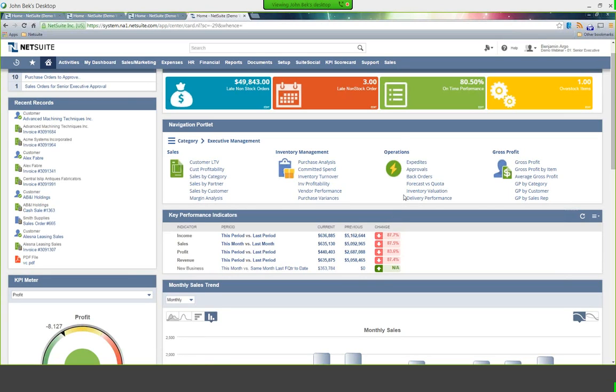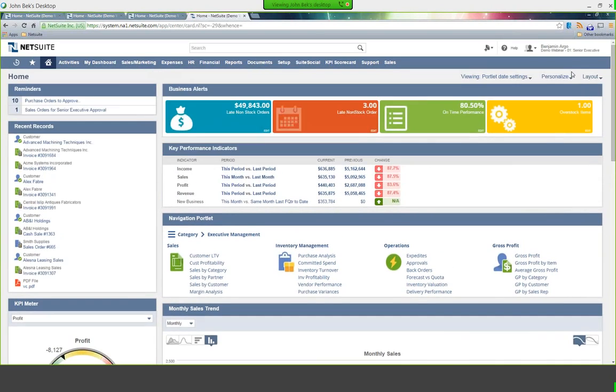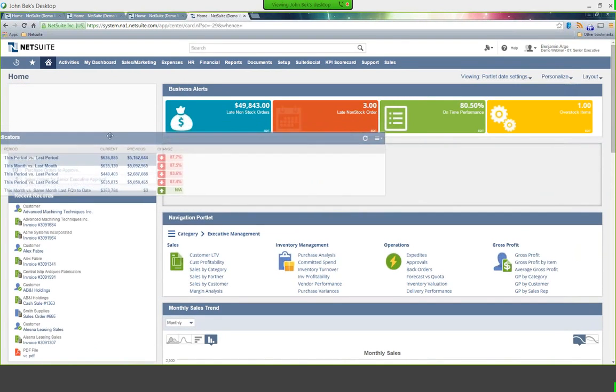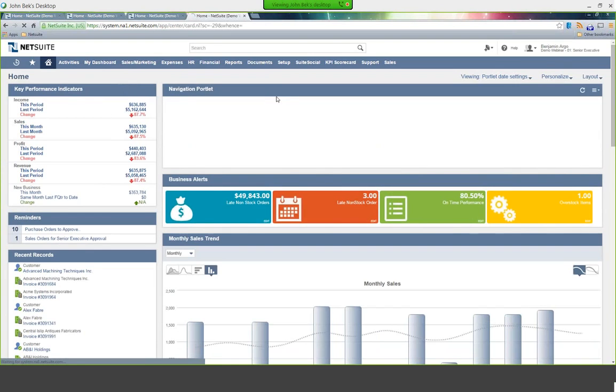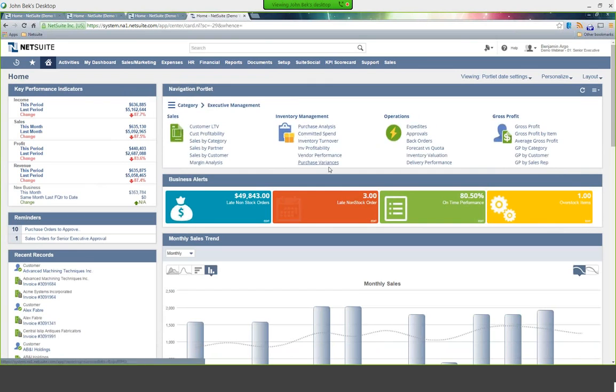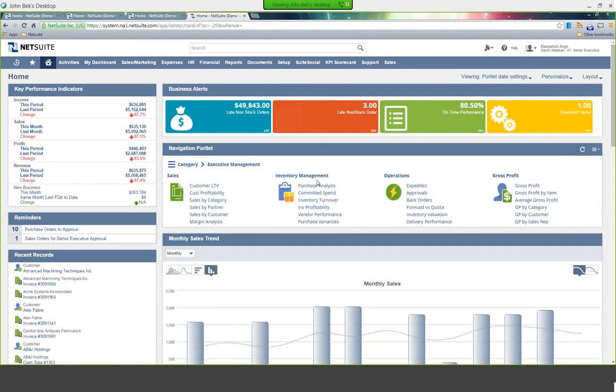Each of the views that you're seeing here, you can move around. So I can drag each one of these and put whichever one that I think makes the most sense up top. I can move them over to the side if I wanted to. So if I wanted my KPIs over here on this upper left, I could do that. If I wanted my navigation portlet up here up top, I could make that change as well. So easy to customize the look and feel and the type of information that is important in your business for you to see. So that's a quick overview of navigation on the dashboard and being able to flow through the